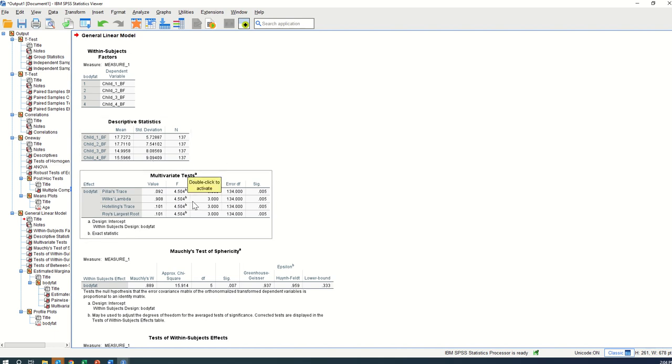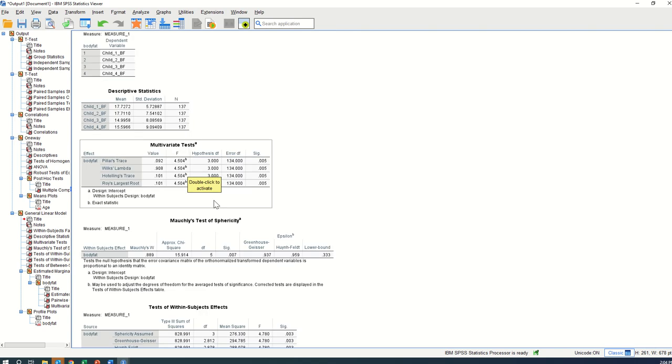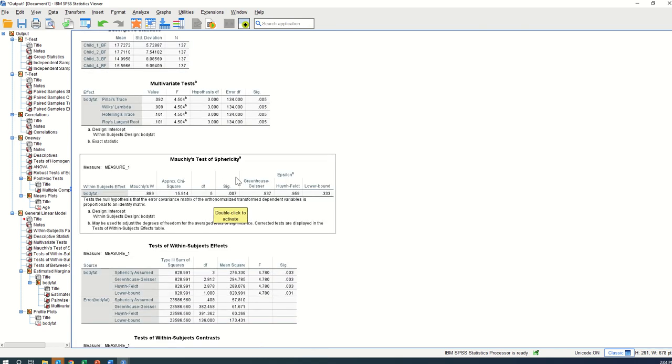The next table is the multivariate test. We're not going to look at it. We're going to jump into the test of sphericity, which is the equivalent of testing the equality of variance, but for repeated measures. And here what you need to do is to look at the test, the W, the Mauchly's test, and what matters is the p-value. It is statistically significant, hence we cannot assume sphericity, and that is going to be relevant when we come to